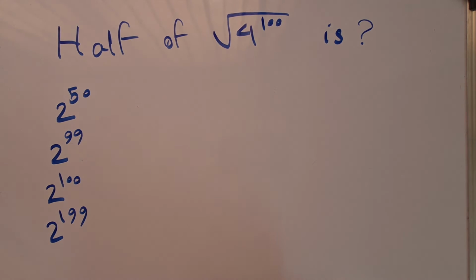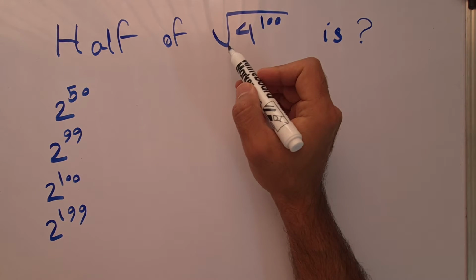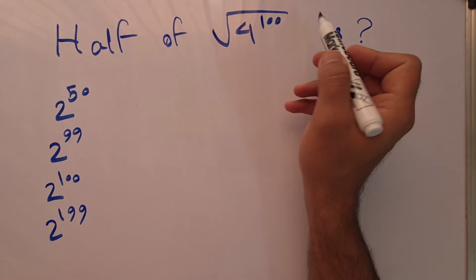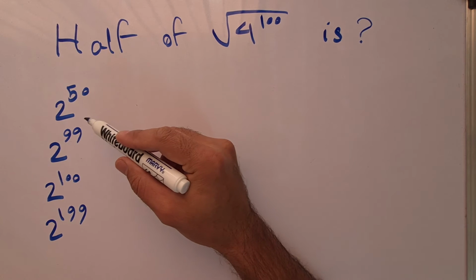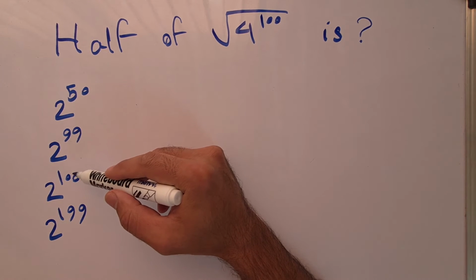Here is such a nice looking and tricky problem that I found on X. If you want to solve this problem, please pause the video because I'm going to solve it right now. So what is the half of the square root of 4 to the 100? And we have the options 2 to the 50, 2 to the 99, 2 to the 100, and 2 to the